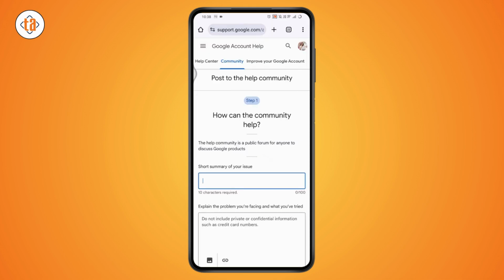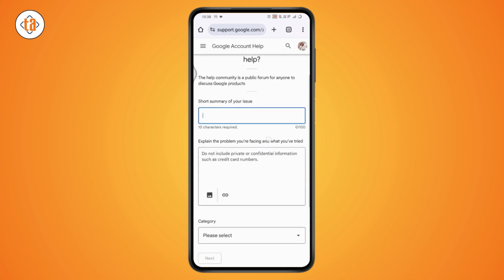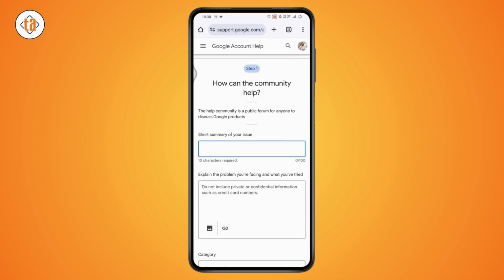Once you tap on it, it will take you to the sign in page. It might take you to the sign in page. So if it takes you to the sign in page, then you don't need to worry. You can log in with any Google account that you have access to. Once you've signed in, you will get this kind of interface where you just need to simply enter a short